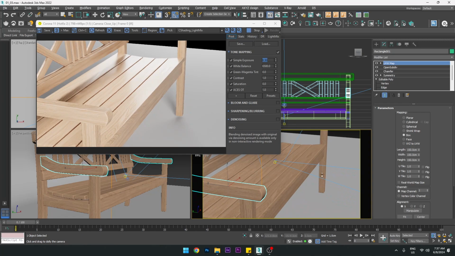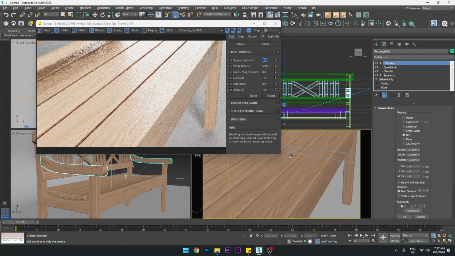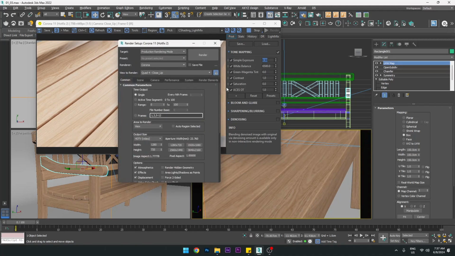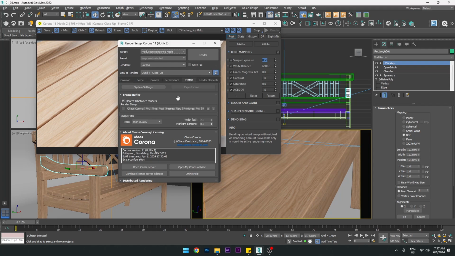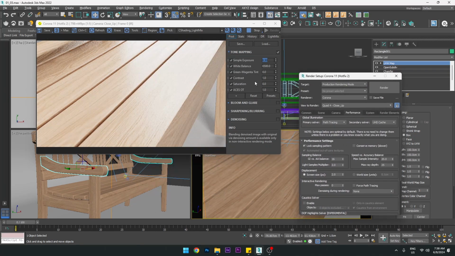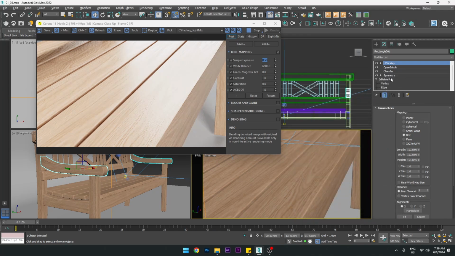Okay, let's check if the denoiser is working. Okay. So disable the denoiser. Now if you see that